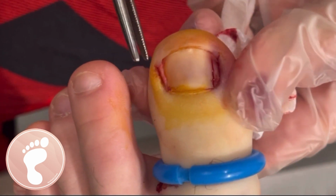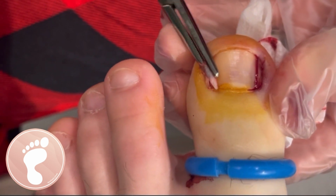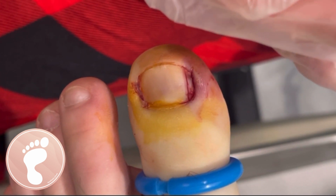He is prone to getting them. We know they're going to get flared up, and we might as well go ahead and take them out. Look at that. It looks just like